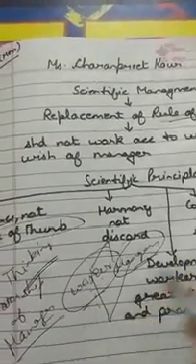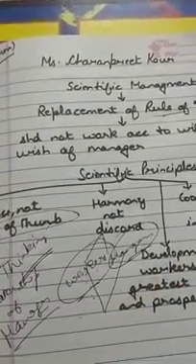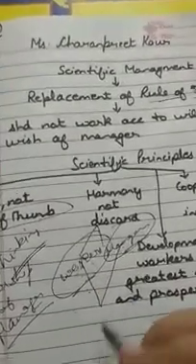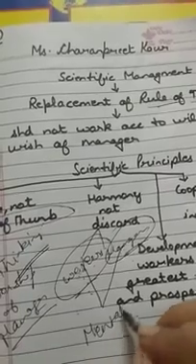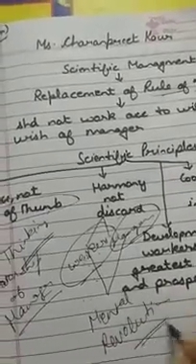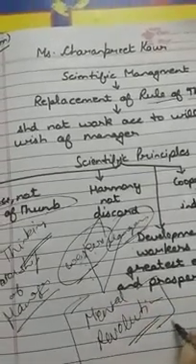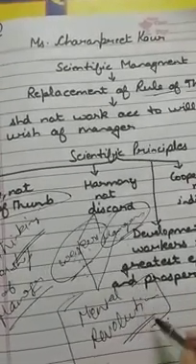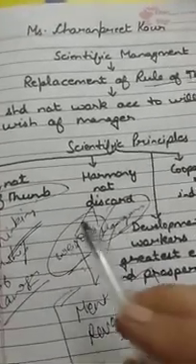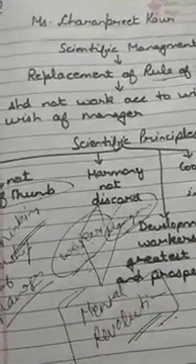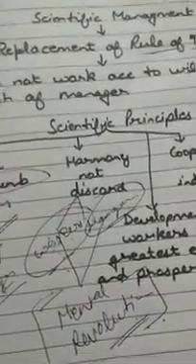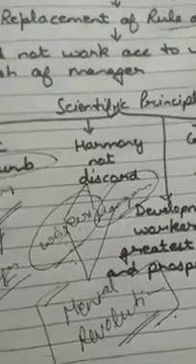ठीक है, and I have used a term, there must be the change of attitude of both of them towards one another. तो उस change of attitude को हम क्या बोलते हैं, mental revolution. ठीक है, this term is also very important and a separate definition can be there in your exam also, that there is the change of attitude between the workers as well as the management team. That process is known as the mental revolution. Next we are having, that is